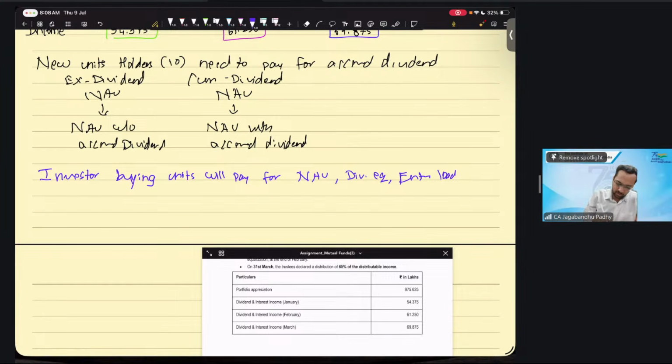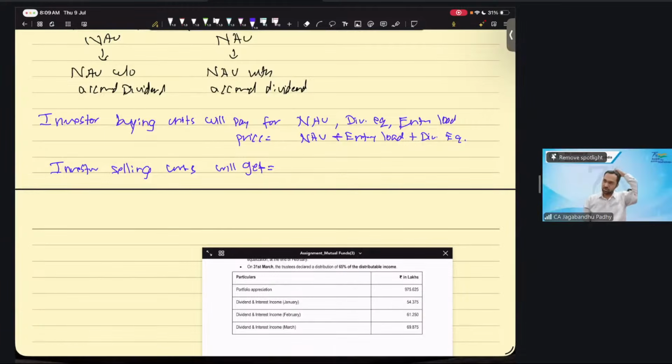So basically, the price over that time will be NAV plus the entry load, and also